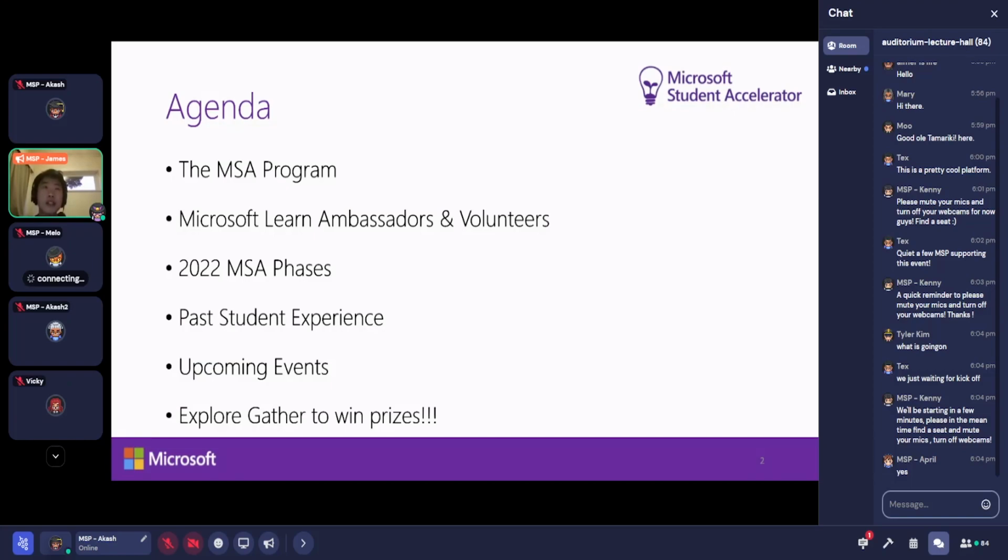And then the third one will be introducing our MSA 2022 phases. And then in the fourth one, I will invite a guy to introduce his experience from last year's MSA program. And then I would like our tech lead to introduce our upcoming events. And finally, just explore together for some practice, because you will see within half an hour. So if there's no other things, I will just quickly start it.